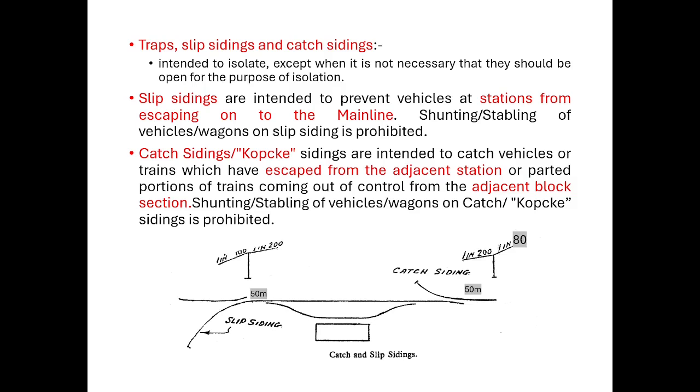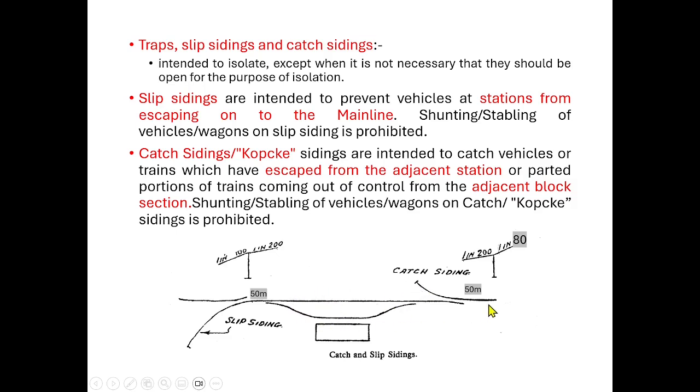Normally, suppose this side is gradient, this is your station, and after that we have a steep gradient. What will happen when there is a steep gradient? Sometimes there may be a potting of a vehicle. Once a vehicle is potted, because of the gradient, it will roll back. Once it rolls back, it may enter without any authority to proceed. Because it is unmanned, it just rolls back when it is coming. So it should not enter without the knowledge of the station master, without authority. It should not enter the station premises,